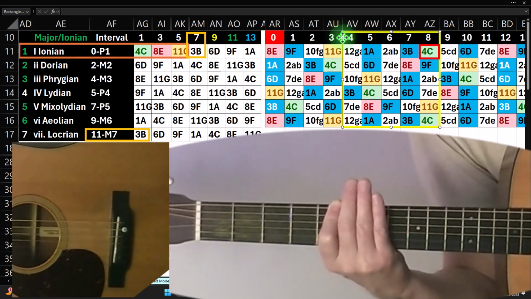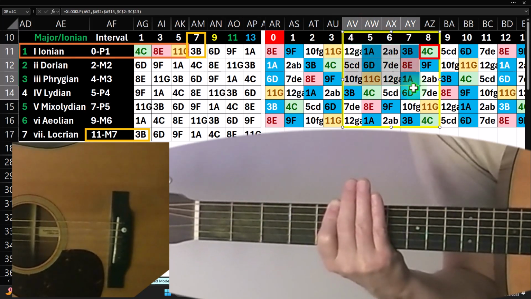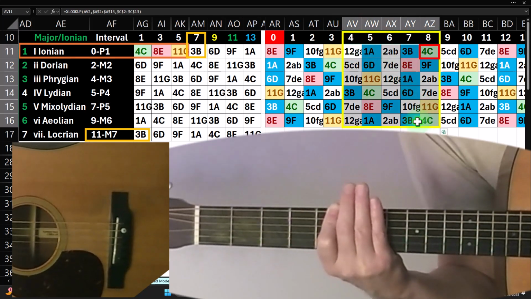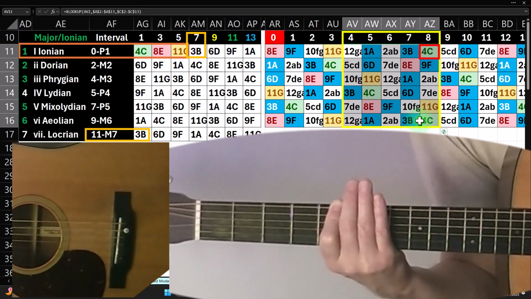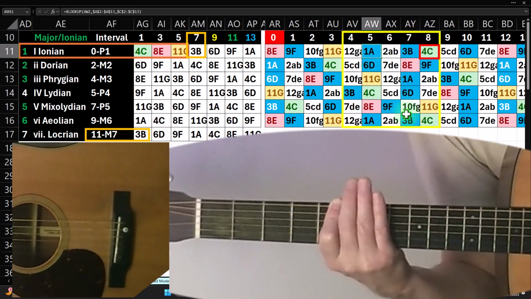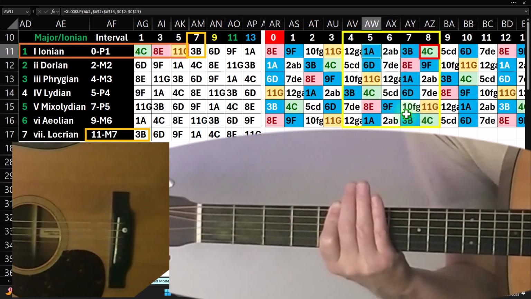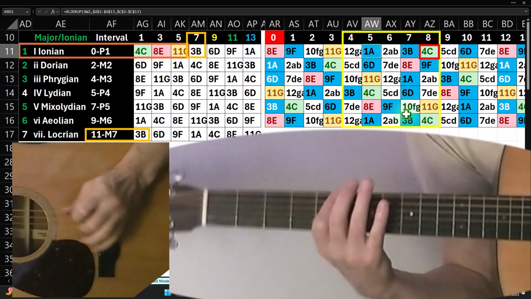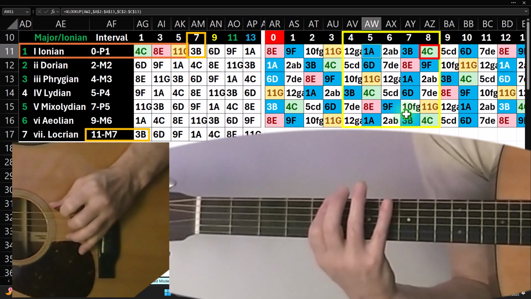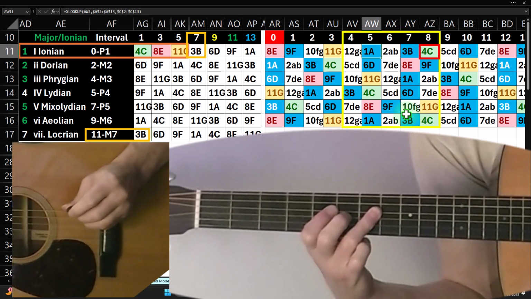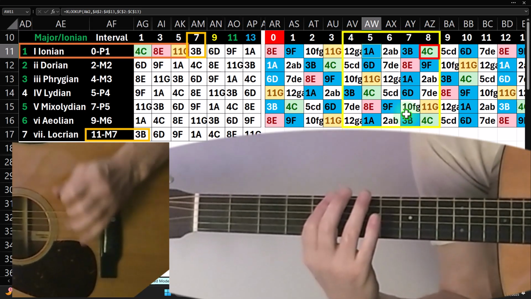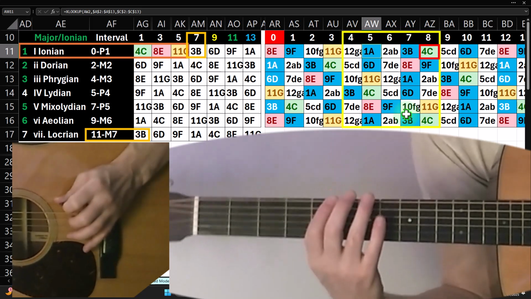So notice that this shape, we're kind of walking through what I would call shape number 1, or from a CAGED system, you might call it a G shape. Usually people learn to finger it from a minor position. So this would be this shape if I was looking at a pentatonic, right? And if I add the two other notes to make it the major, to make it a full 7-note scale,